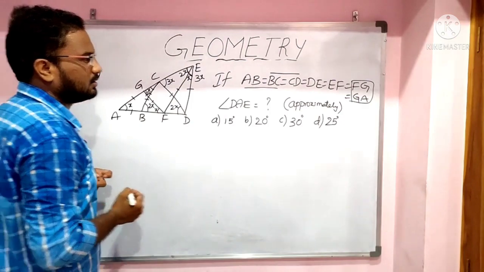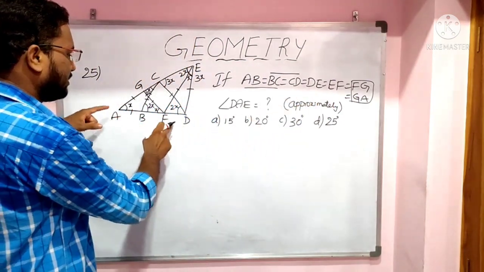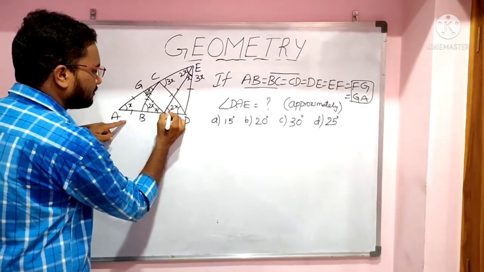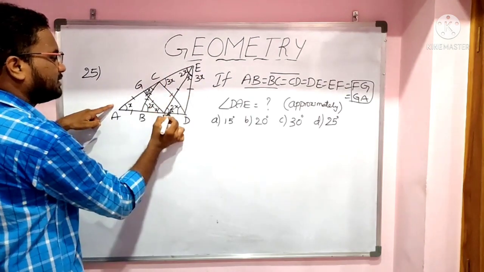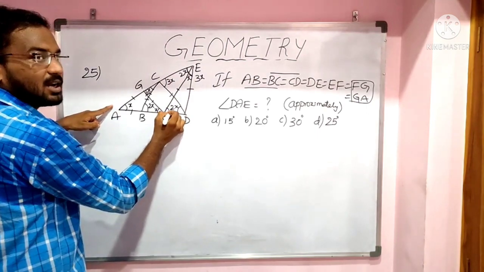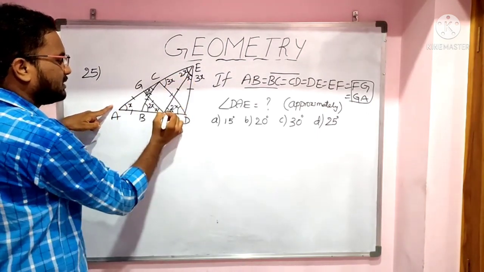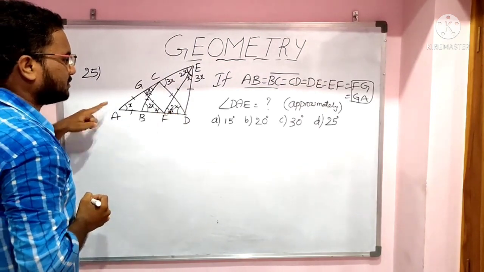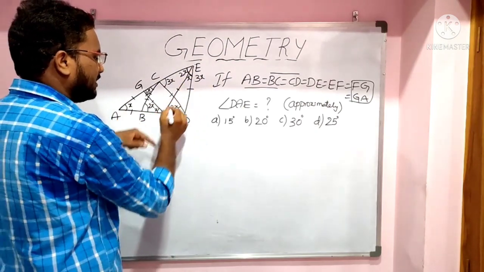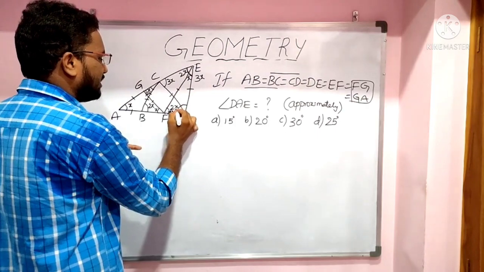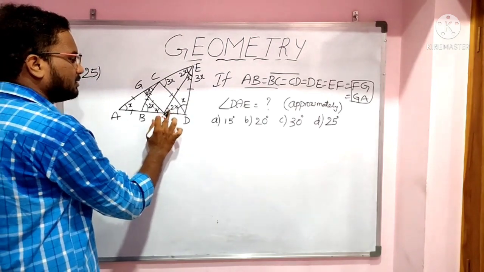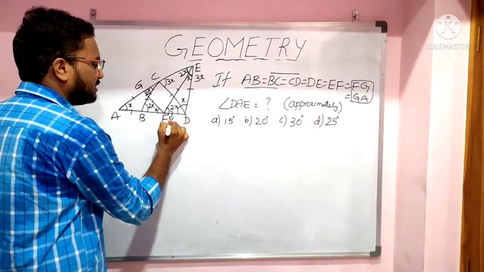Okay. And then DE equal to EF. So from this triangle, this is x, this is 2x. So this value is 3x. Because in this triangle AFE, this is the exterior angle. Exterior angle equal to sum of opposite interior, x plus 2x. This is 3x. Now here DE equal to EF. So if this is 3x, then this total angle is 3x. Already we have 2x here. So this angle is x.